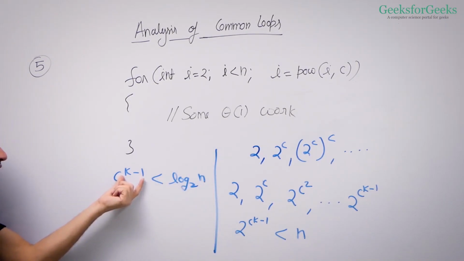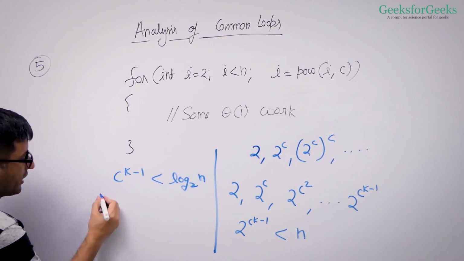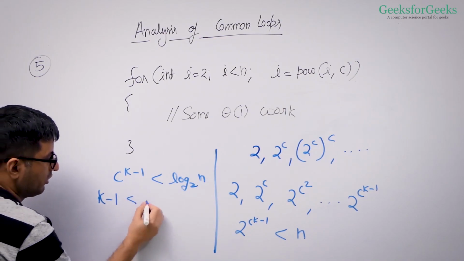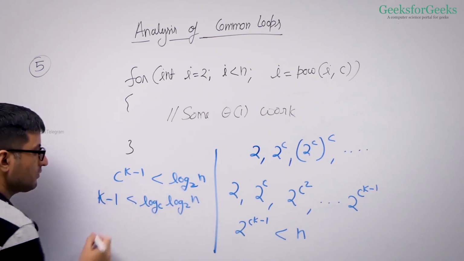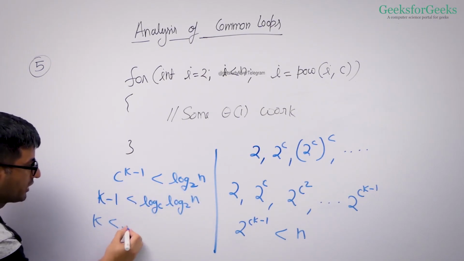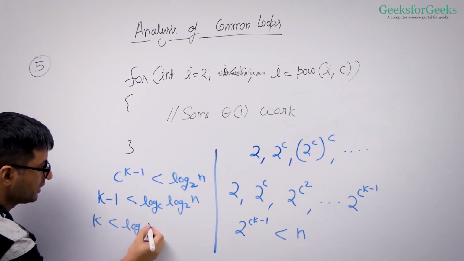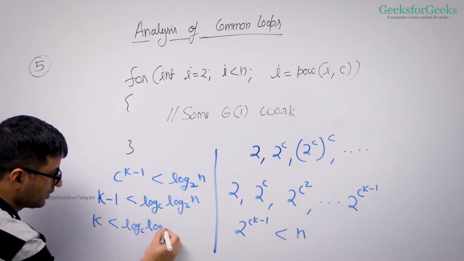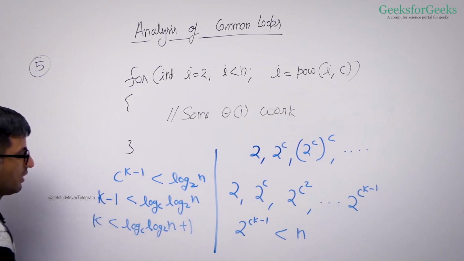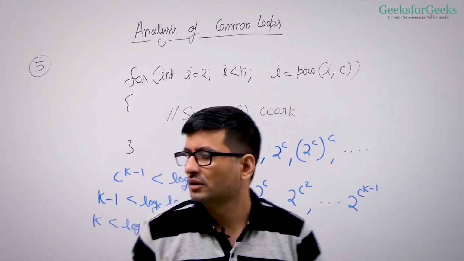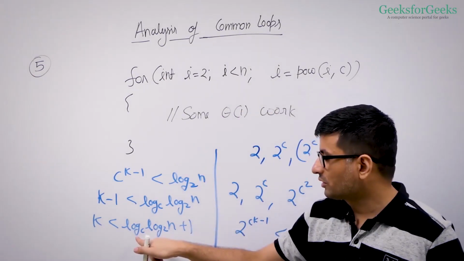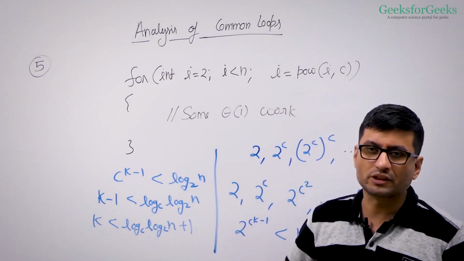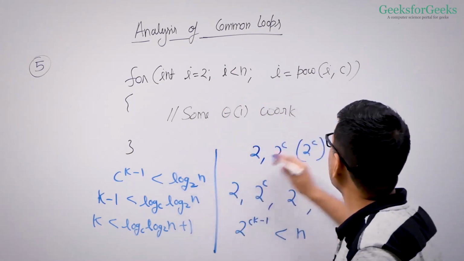Now we still have k in power, so we need to take the log again. So k minus 1 has to be log base c of 2n, which means k has to be smaller than log base c of 2n plus 1. What is this order of growth? You can ignore the lower order term and you can say this code grows this much in terms of input size. So the time complexity of this particular code is